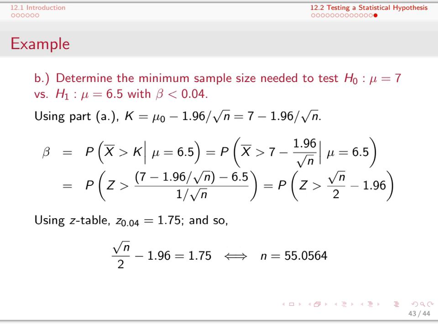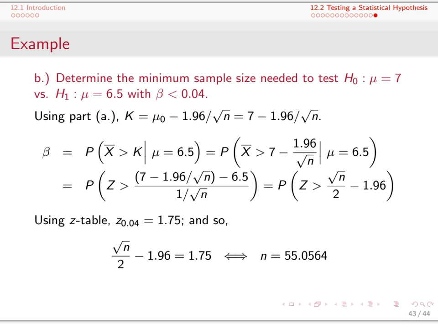and we'll standardize again to compute z-scores, so we'll subtract the mean. Now the mean value is taken from the alternative hypothesis, and we'll divide by 1 over root n, and we'll get an expression that says that beta is equal to the probability that z is greater than the square root of n over 2 minus 1.96. Now keep in mind, this means that we're looking for a z-score where the area in the tail beyond that z-score is 0.04 or less. Referring to a z-table, we find that z-score is equal to 1.75. We'll set that equal to the square root of n over 2 minus 1.96, solve for n, and we'll get